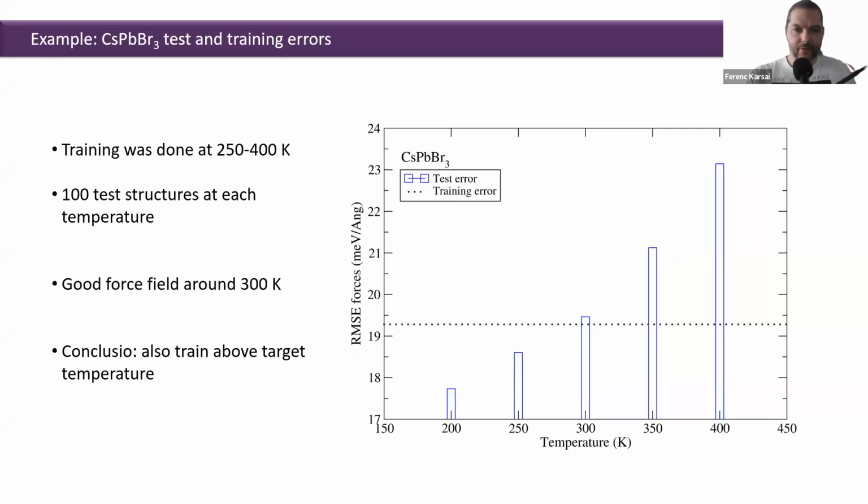We see that it is fine mostly around 300, maybe up to 350, because we look at the values here, and this is 23 meV per atom, which is quite a good value. The force field is good, at least until 300. And this means that it is slightly lower than the end of our heat ramp. So the takeaway here is that we should always train at slightly higher temperatures than our target temperature, where we actually want to run the production runs.